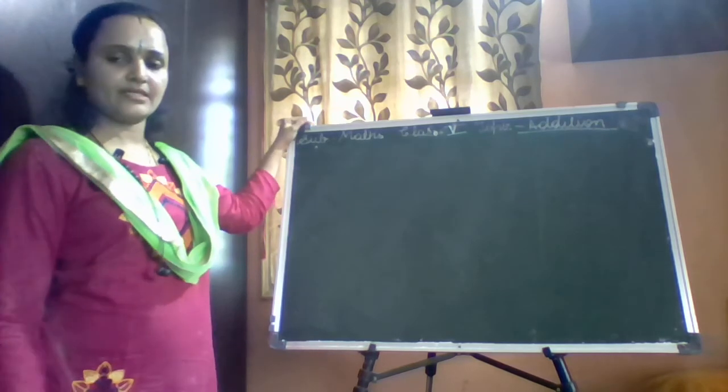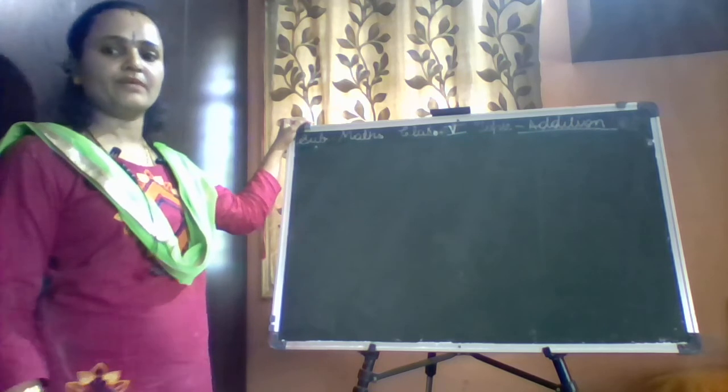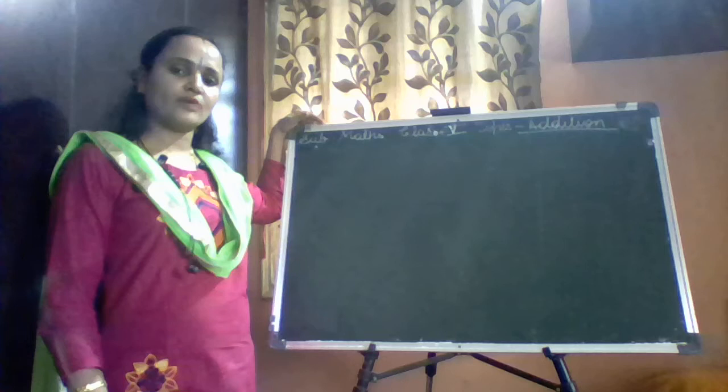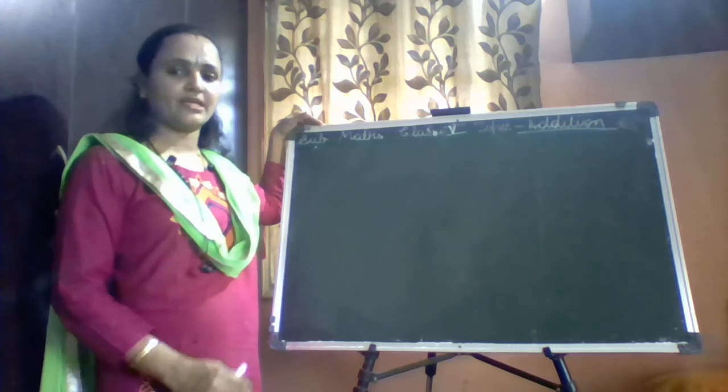That is the 5-digit number. I showed you what the place values are. I want you to repeat what the place values are. Place value is ones, tens, hundreds, thousand, 10,000. So we have only 5 digits, so we'll stop at 10,000.